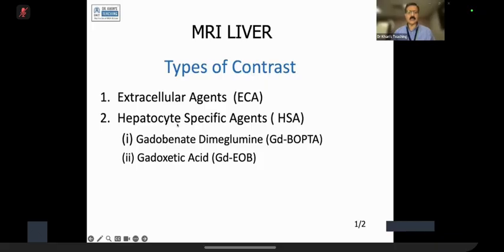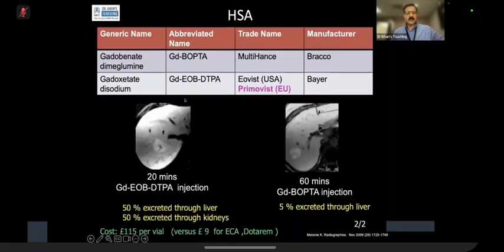Sometimes we can use hepatocyte-specific agents. In the world, there are two hepatocyte agents in vogue right now. In the UK, we have this one from Bayer, known as Primovist. In the USA, it is known as